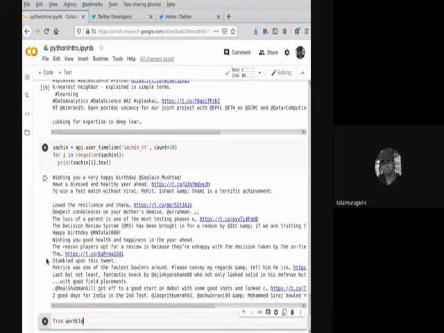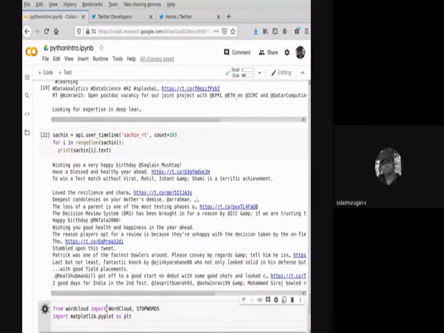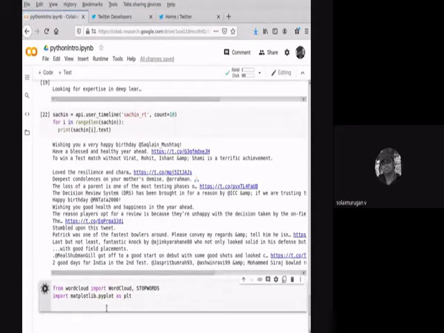From wordcloud, import WordCloud. I'm just importing these two libraries for text visualization.